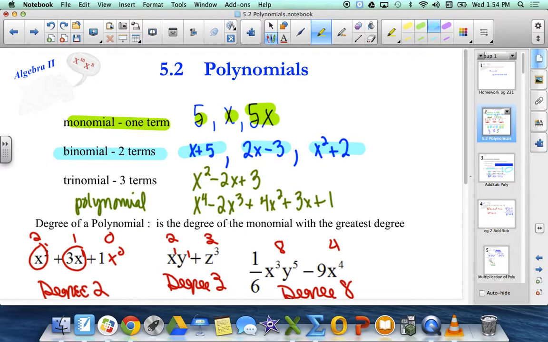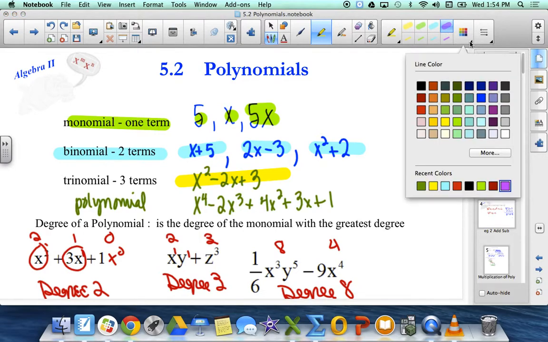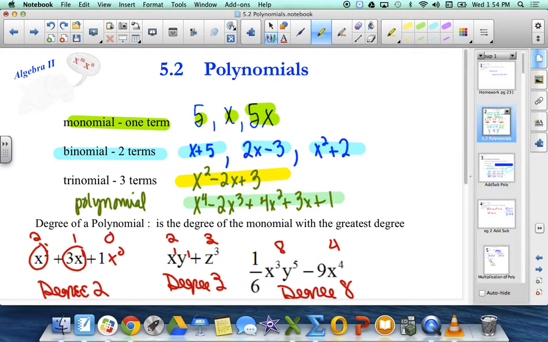A trinomial has three terms. So x squared minus 2x plus 3 is an example of a trinomial. Everything bigger than that is considered to be a polynomial. So here I have x to the fourth minus 2x cubed plus 4x squared plus 3x plus 1. When we talk about the degree of a polynomial,